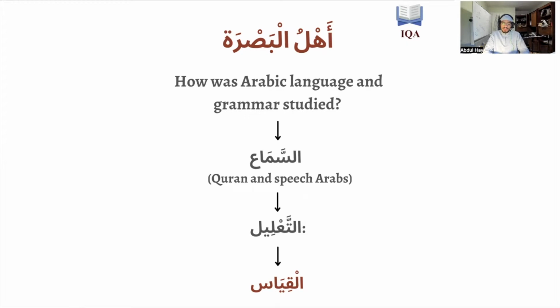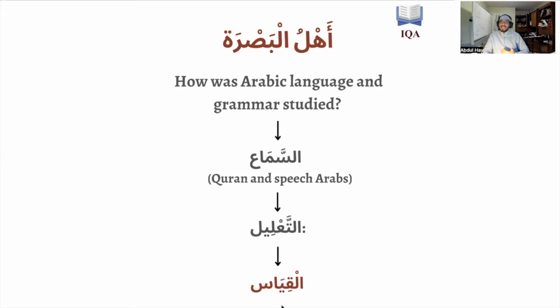Once they documented it, they would find certain things. For example, that the word Muhammad, when it comes at the beginning of the sentence, always ends with Dhamma, Muhammadun. Then after that, they would do a ta'alil. A ta'alil is a justification. They say, okay, why is it that Muhammad, every single time it comes at the beginning of the sentence, has a Dhamma at the end? They'll say the reason is because it's the subject, and the subject needs to be marfu'.